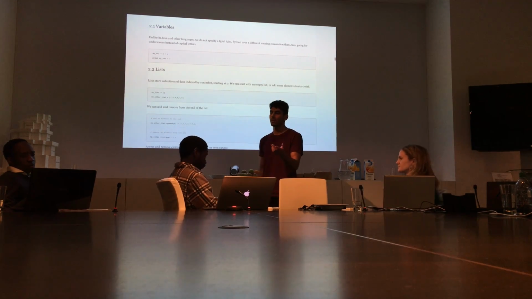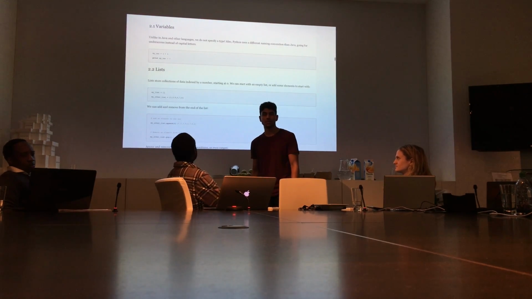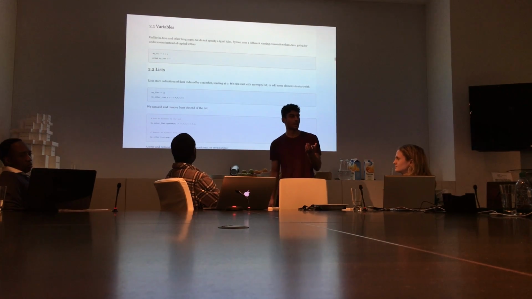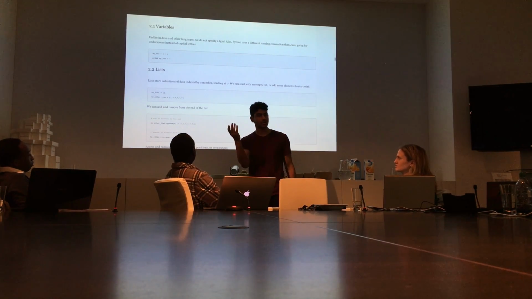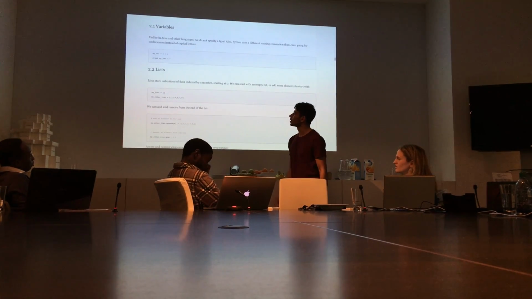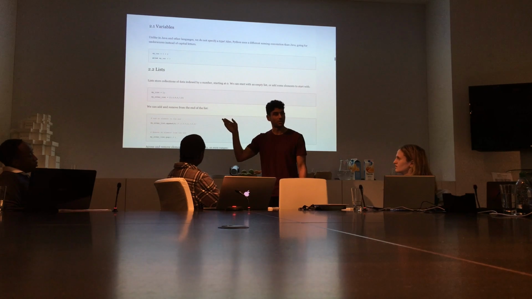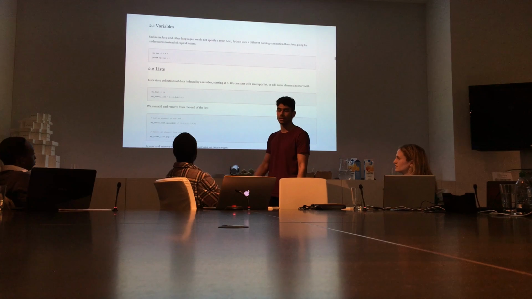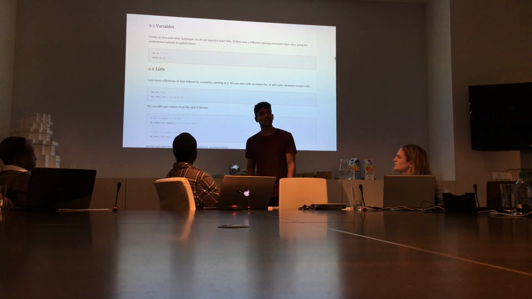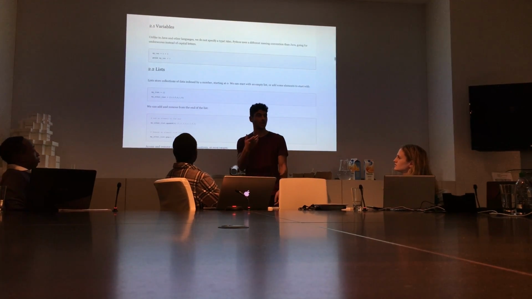So in C#, for example, if we want to create a variable, we would have to provide its data type. So for example, we want to create an integer. We would give it integer, variable name, and then assign an integer to that variable. However, in Python, you would just provide the variable name. It will work out its type on its own. So that's a dynamically typed language. C, C#, Java are statically typed languages. So you have to provide the data type.